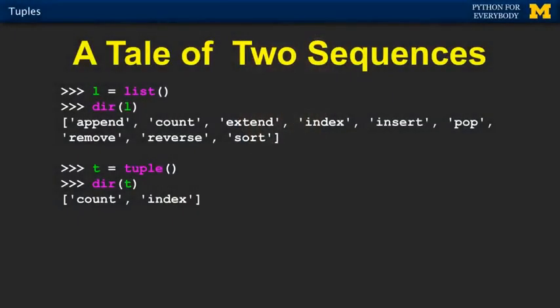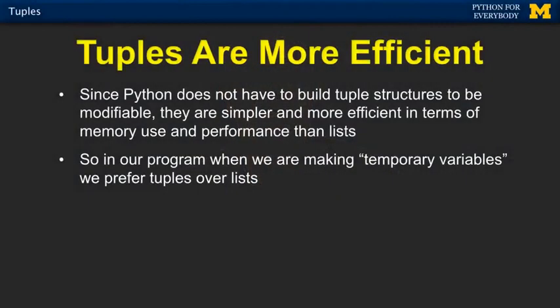You can do count and index. Count looks up how many things match a particular value. Index says where a particular value is. But you can't do append, extend, insert, pop, or remove, because all those methods inside lists that tuples don't have are the ones that make changes to it. So it's prohibited, but it also allows Python to be more efficient, knowing that tuples are not going to be changed. For lists, it has to actually allocate extra memory and stuff like that to let them be changed. That's the point. It doesn't have to build these structures to be changeable, and so tuples are just more efficient and more performant than lists. If you need a list, use a list, but if you can get away with a tuple,